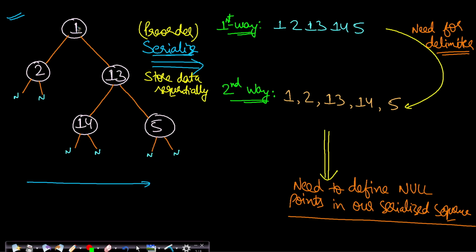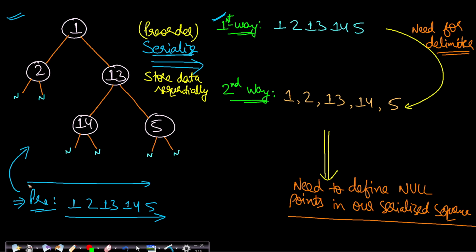Okay. So if I do the pre-order traversal on this, I hope you know that, we first get 1, then we get 2, then we get 13, 14 and then 5. If we write it in this order, it looks fine. From the tree you can write the pre-order, but if you look at the pre-order, can you get this tree structure? Given only this pre-order, you will not be able to get the tree structure.